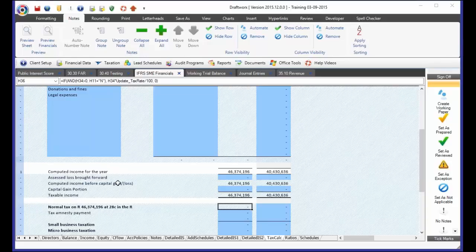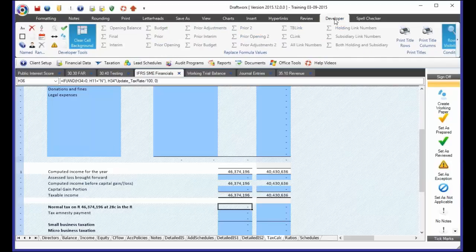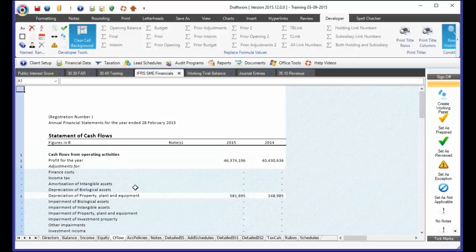All right, I want to have a look at a couple of other items in the developer tab, just to show you some of the other options there. Now you saw creating named ranges. Named ranges, basically what we've done with it is something related to our code, but other options are in place if you're wanting to create a formula